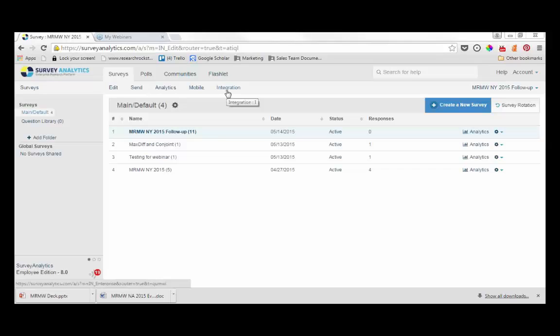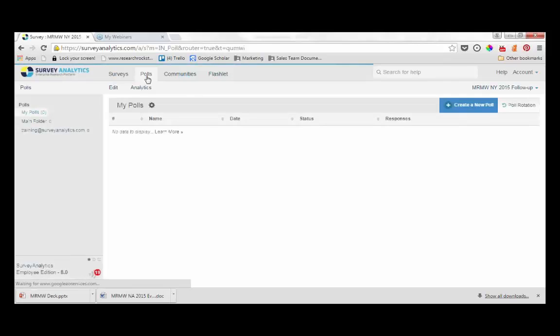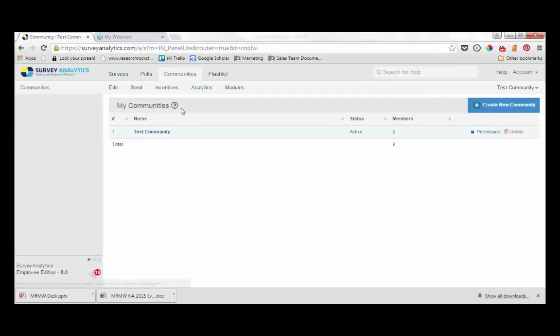Z is going to cover a new product that we have for polls, but when you click on polls, the menus that pop up are only going to be the edit and analytics tabs that are applicable to the polls product, and same with the communities. When you go into the communities product, the only sub-menus that pop up are going to be the ones applicable to communities. So it makes it a little bit easier for you to navigate around each of the individual products that you may be using at the time. So if we go back to surveys,